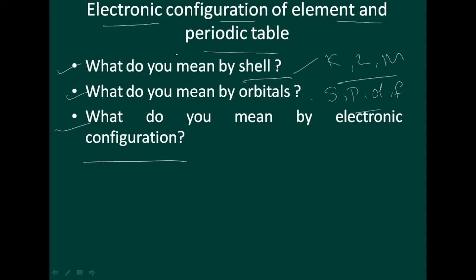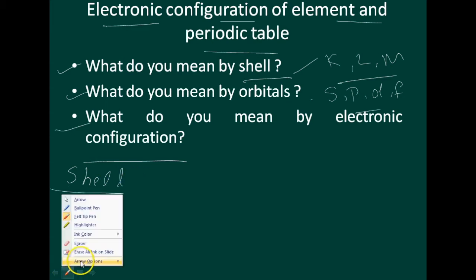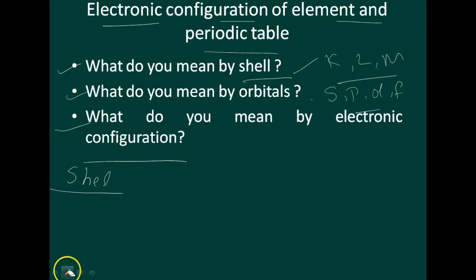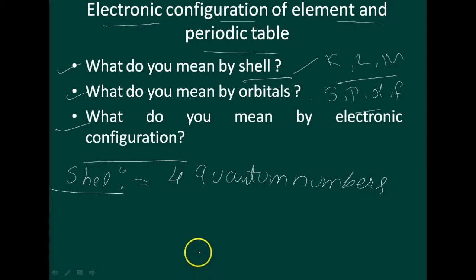In the preceding unit we learned that an electron in an atom is characterized by a set of four quantum numbers. So first please note down, what do you mean by shell. I think you are very familiar with this word. In the previous chapter we learned about the four quantum numbers, and the principal quantum number defines the main energy level known as shell.